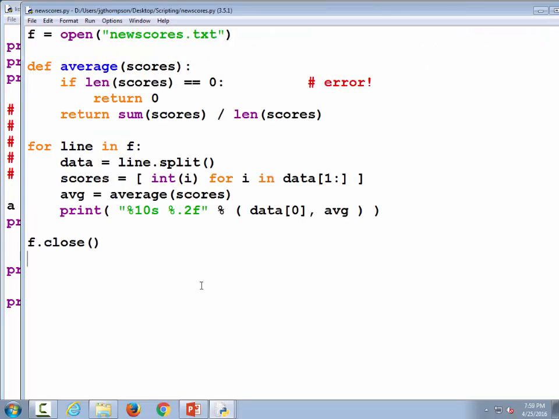Okay, I guess the only other thing that I would like to do to this, and I don't feel like making a change to it, would be to store all the data in a list before processing any of it. And that would be pretty easy. We would create,